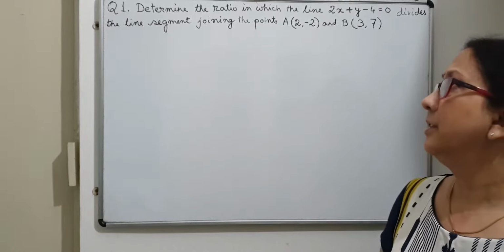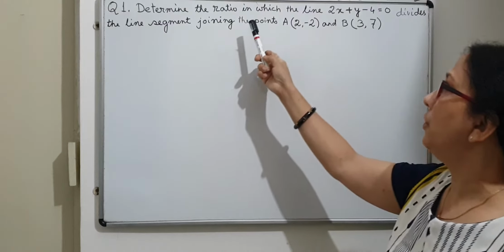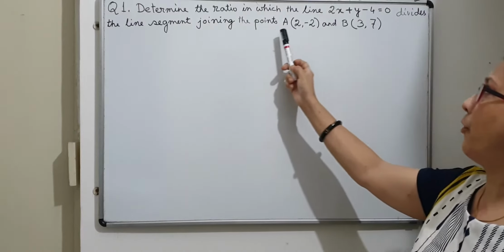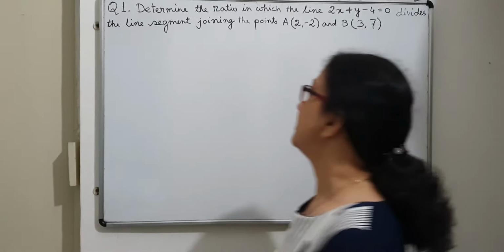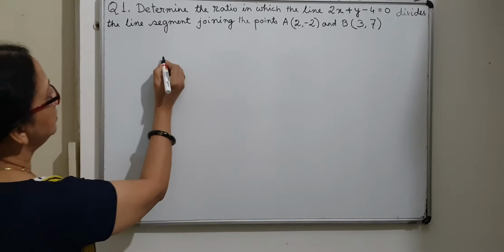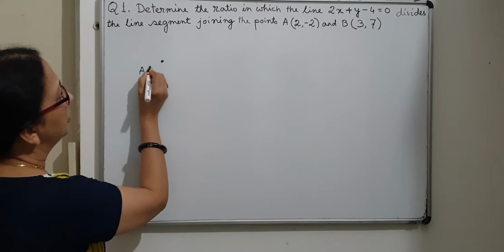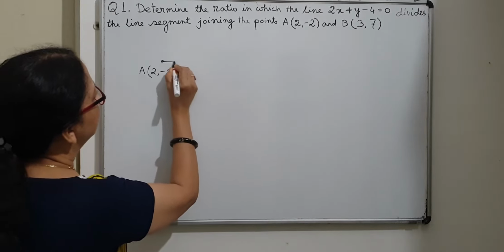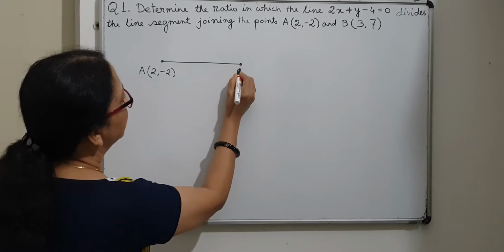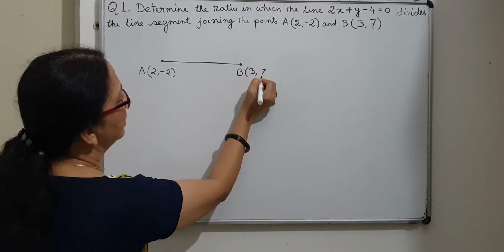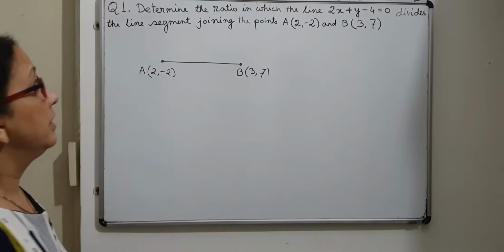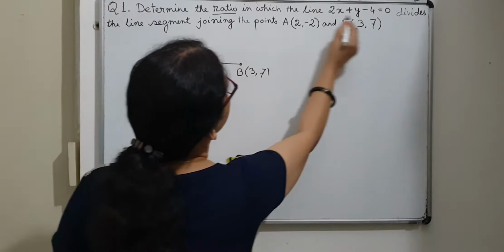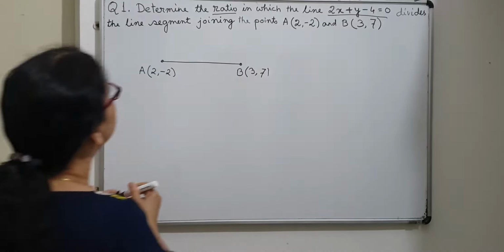So the first question is: determine the ratio in which the line divides the line segment joining the points A and B. So that means there are 2 points. Say point A, which is given to be (2, -2), and another point joining this, point B, that is (3, 7). So this line segment is there, and we have to find the ratio in which this line divides this segment